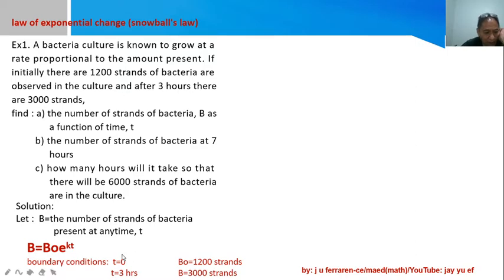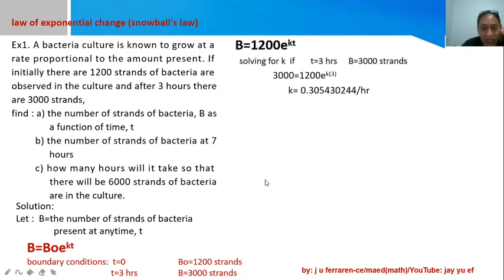Boundary condition: time is equal to 0, the initial quantity in terms of strands for the bacteria is 1,200 strands. Now, after 3 hours, it becomes 3,000. This is intended to solve for the value of K. So my formula can now be changed to B equal to the specific amount for B sub 0, which is 1,200,